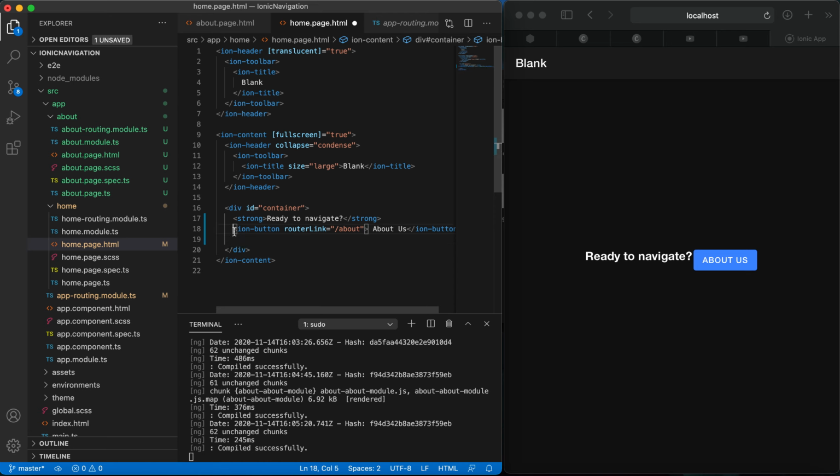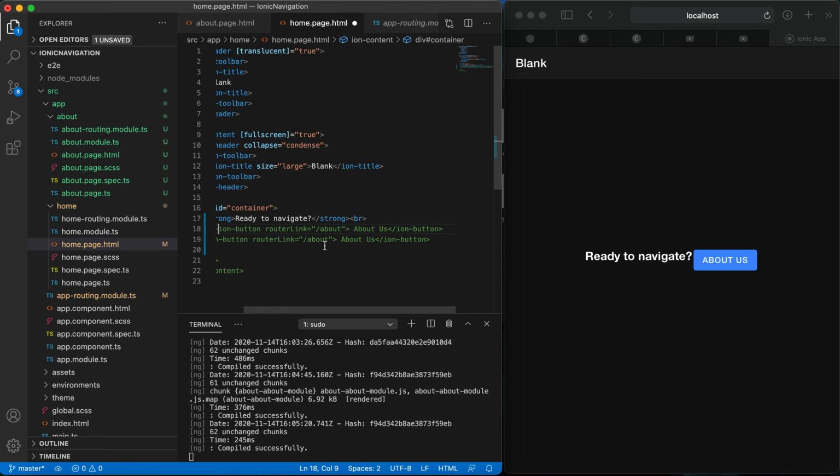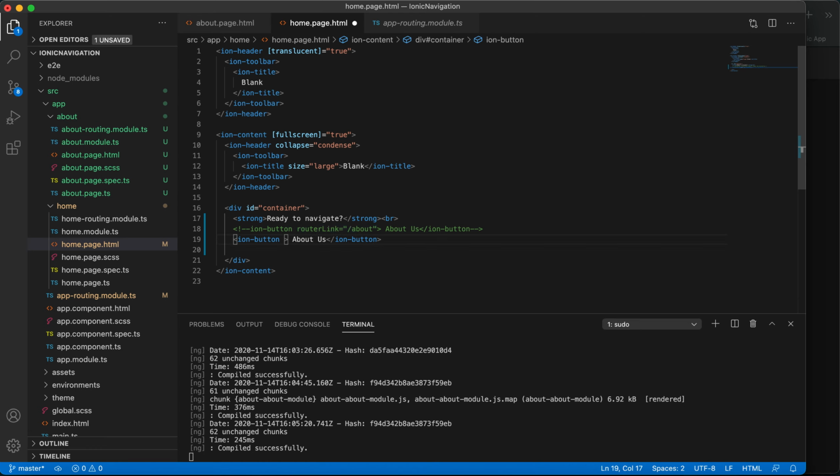For example, in the same example I am taking, here just make a comment, this we don't need as of now. So now instead of router link, we need to write a function here.